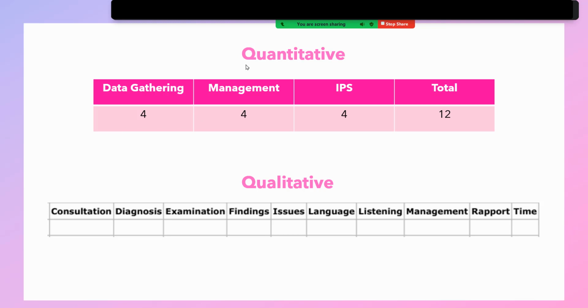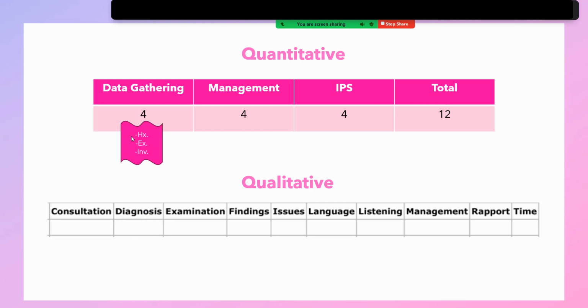In the quantitative mark domains, we have 3 main mark domains: data gathering, management, and interpersonal skills. In data gathering, the marks are 4, and 4 for management, 4 for interpersonal skills. The total marks are 12. So for each case, the total mark is 12. Okay? In data gathering,